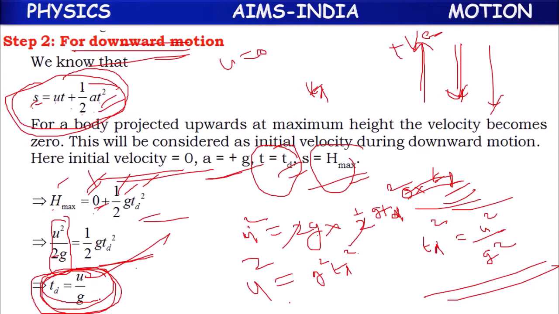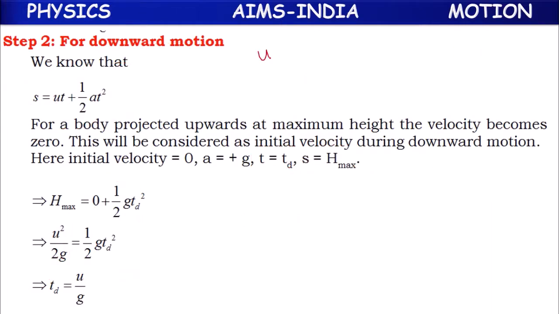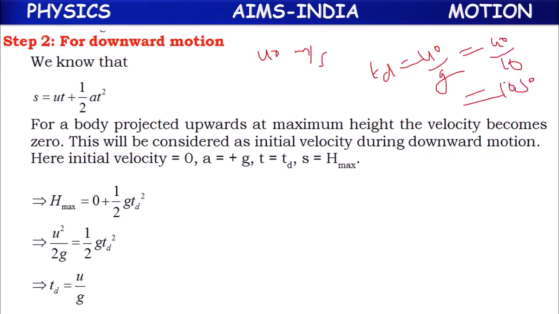Time of descent equals initial velocity by g. Like that, we can directly tell the value of the time of descent. If the initial velocity is 40 meter per second for a freely falling body, then what is the time of descent? Directly, 40 by g, u by g. If g value is 10, 40 by 10 equals 4 seconds. Directly we can tell if you know the initial velocity,